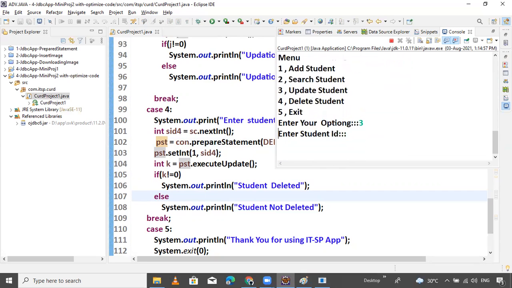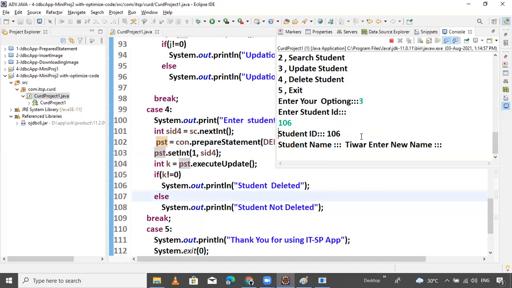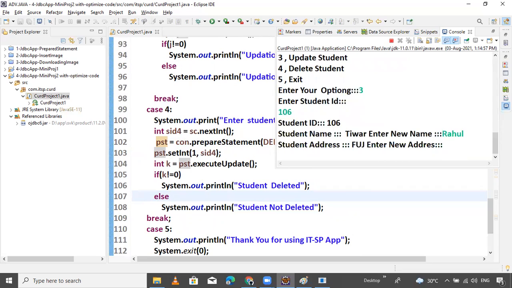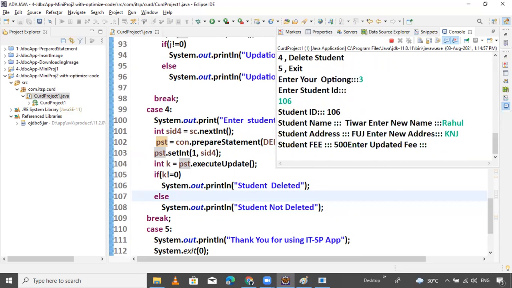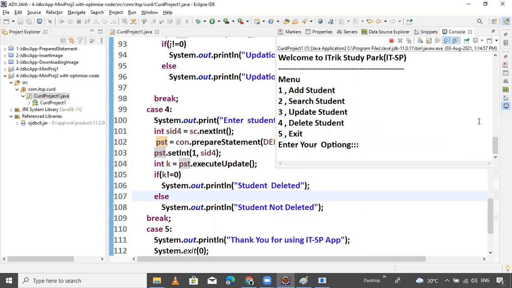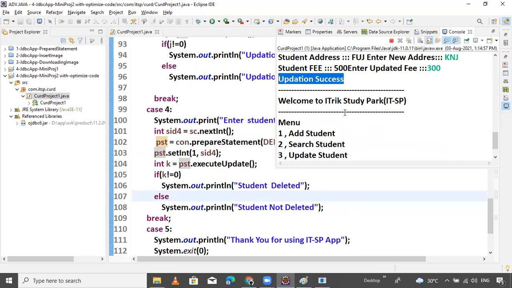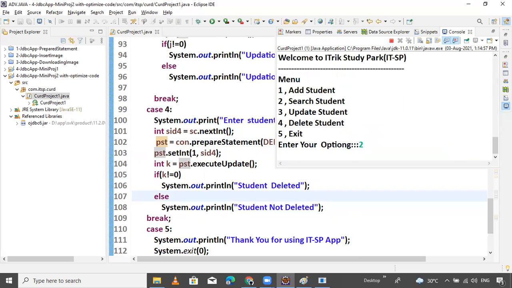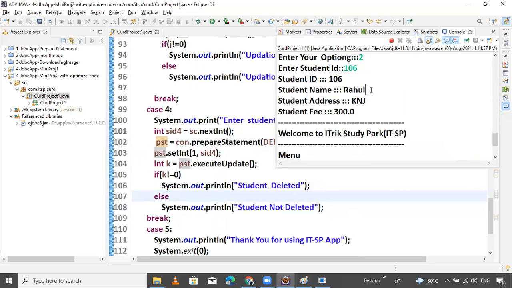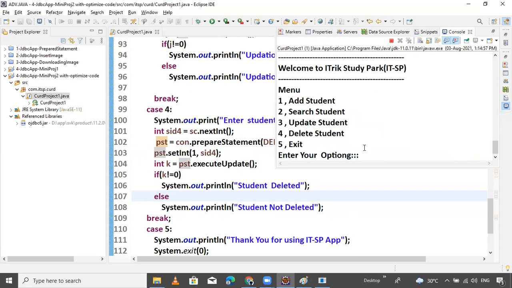Want to update, perform 3. 106, instead of Tiwari, put Rahul, KNJ, and fee like 300, and it's updated. Let's see if the record is updated or not. Yes, the record is updated. Rahul, KNJ is in this.